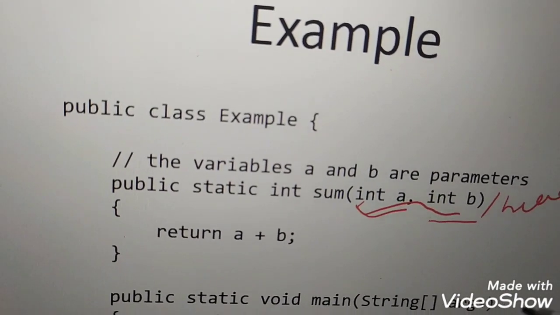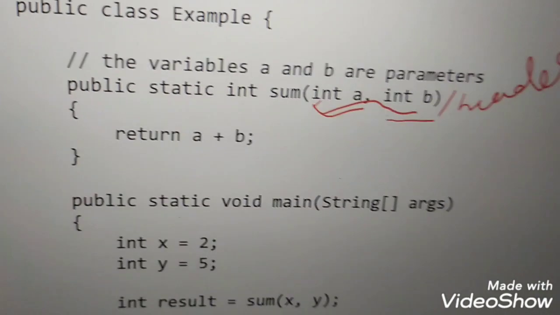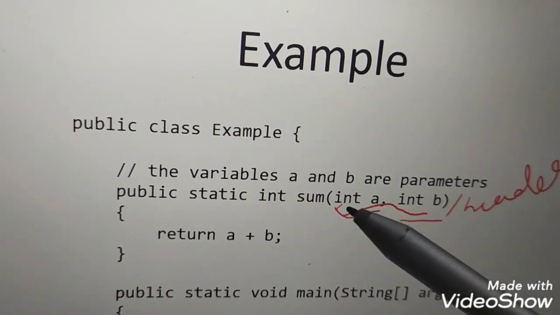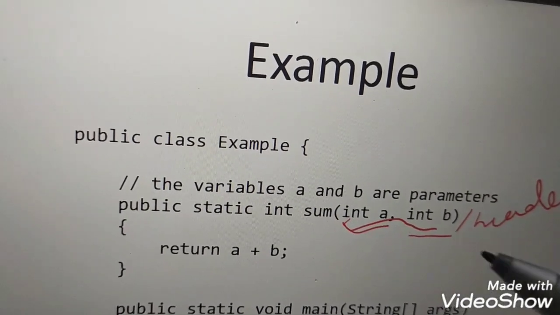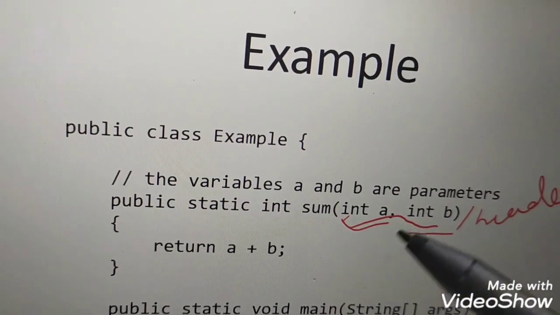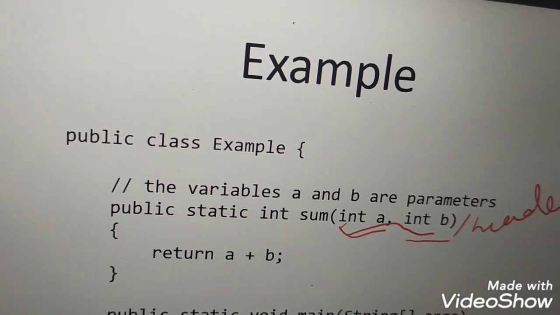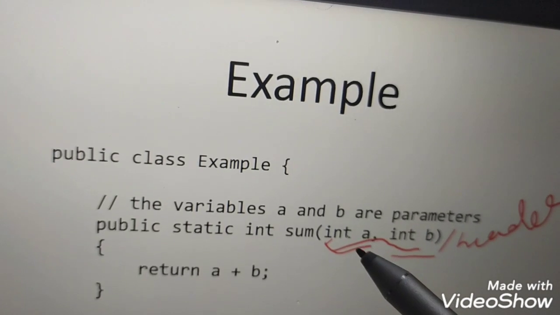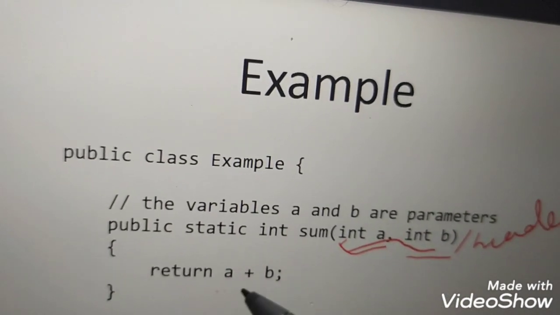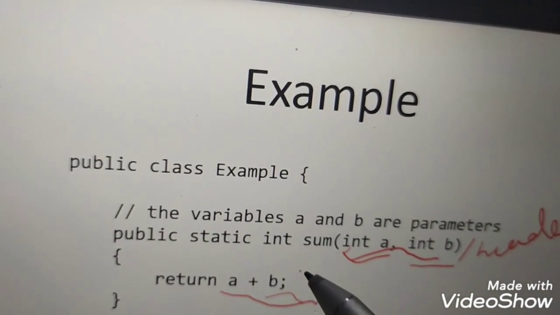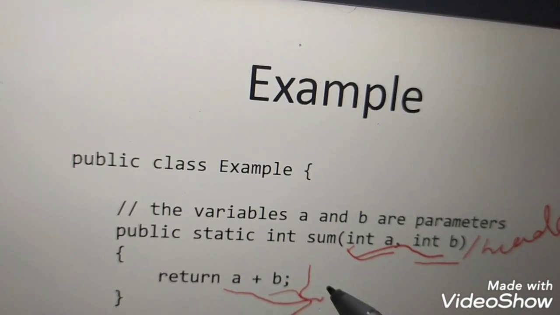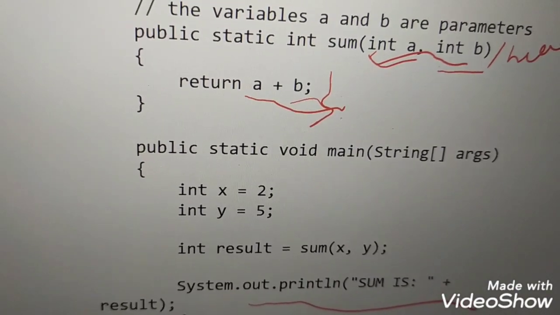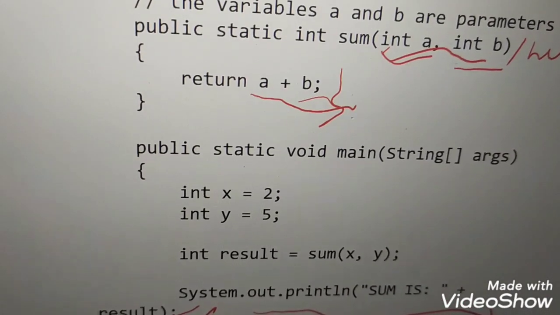So where are these parameter values coming from? From the main function, that is x and y. In the earlier example I already explained. So here a and b are known as the parameters. They carry the value from the calling method and are introduced to the compiler. These are the variables which are going to be used inside the function's calculation, and they are calculated to produce the result, and that result has to be sent back here and displayed here as a 7.